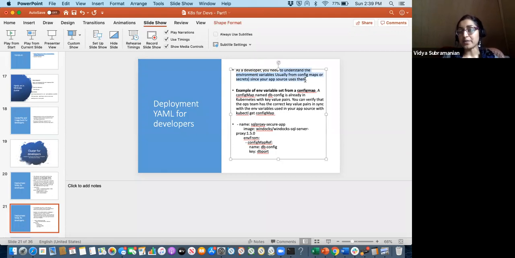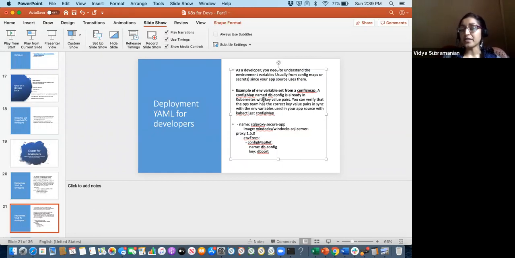So for example, what kind of configuration is needed? How do you manage the secrets to access certain files or to access certain aspects of your application? There might be some secret management, which again, Kubernetes does a really nice job of providing. You want to be aware of that and incorporate that in your deployment YAML.